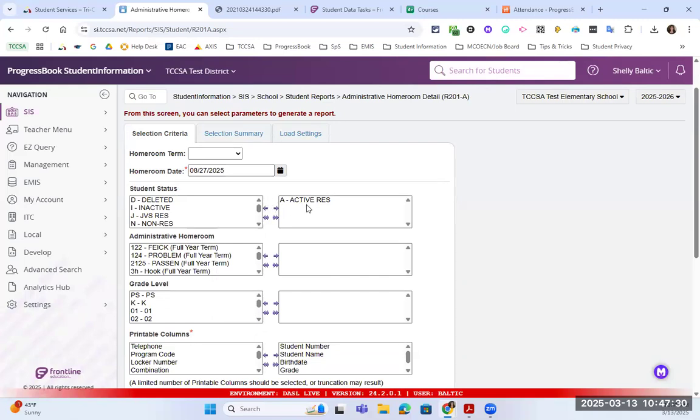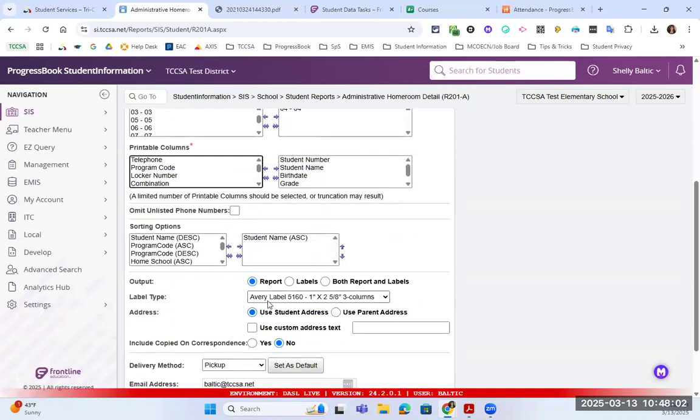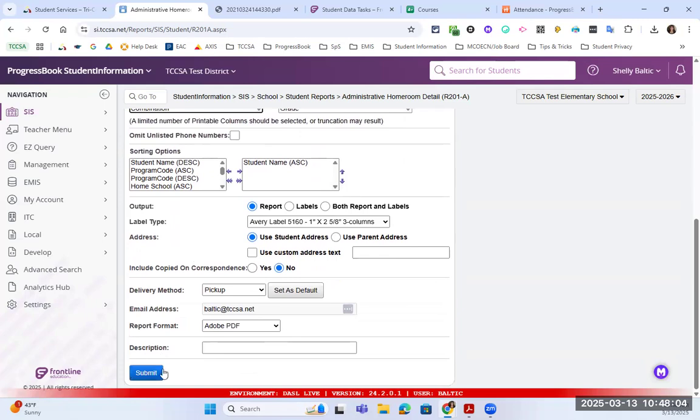I'm looking at my active students. If I want all of my grade levels or a specific grade level. Right now, I just want to look at 4th grade. And I might want my active and non-residents. Okay. And then printable columns. So you can pick whatever printable columns you want. So student number, name, birthday, grade. If you had lockers, most of the elementary schools don't have lockers, things like that. So then once I print this,